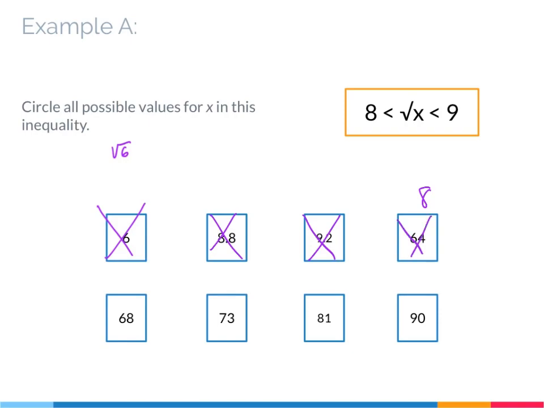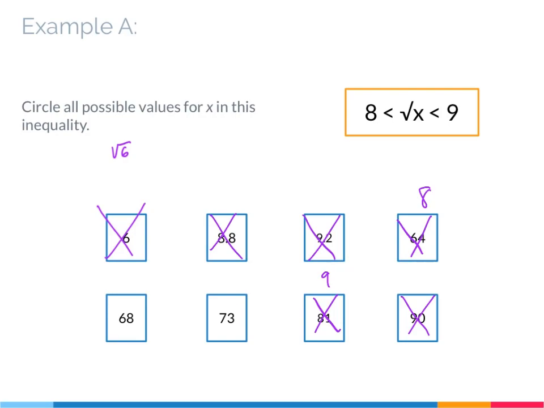81 is a perfect square, so is that going to be between 8 and 9? The square root of 81 is 9, so 9 is not between 8 and 9, so that eliminates that. If we know the square root of 81 is 9, then we know the square root of 90 is going to be larger than 9, so we can go ahead and eliminate that, which leaves us with just two possible answers. So the possible answers are 68 and